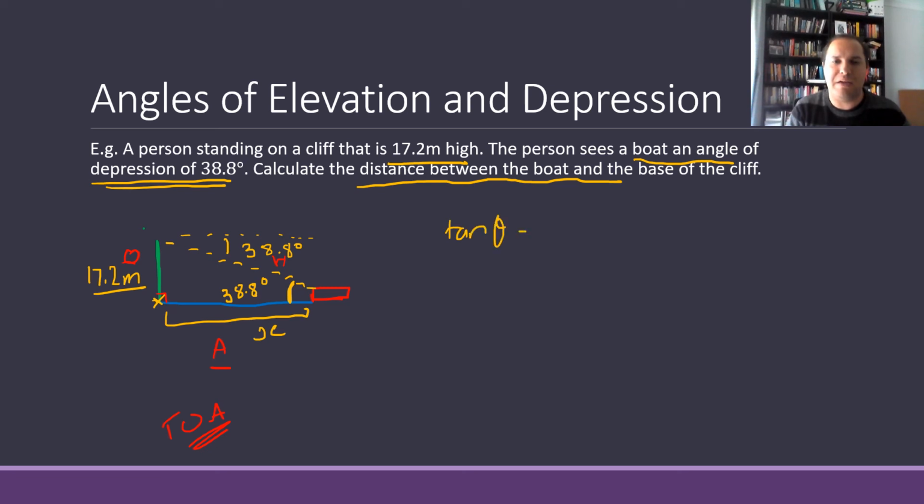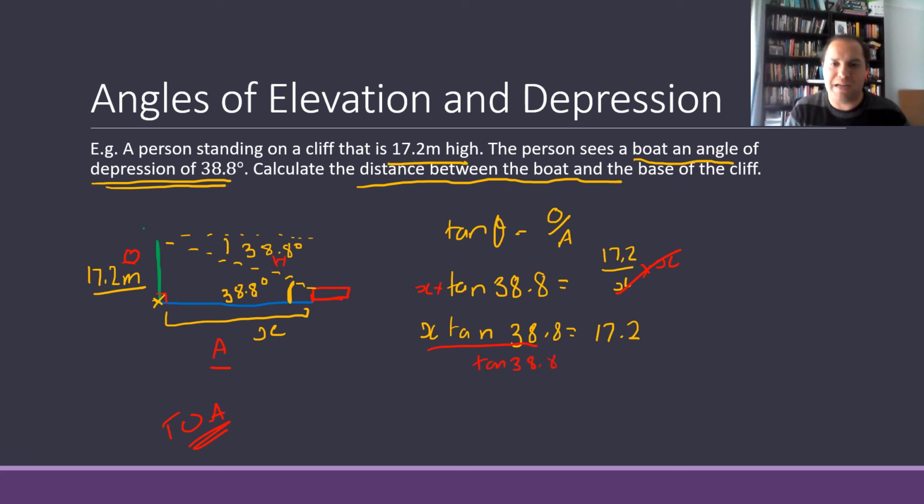So tan of our angle equals opposite over adjacent. So tan of 38.8 degrees equals our opposite, which is 17.2 over x. And then just rearranging that, multiplying both sides by x. X tan 38.8 equals 17.2. Let's show the working out there. X's and x's cancel. And then to get x on its own, we're going to divide by tan 38.8